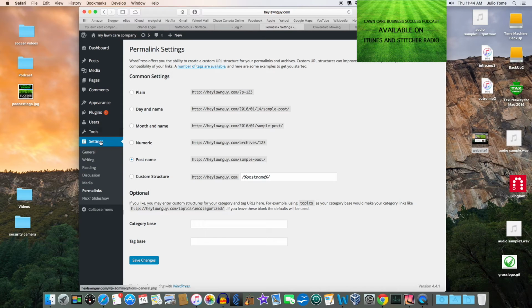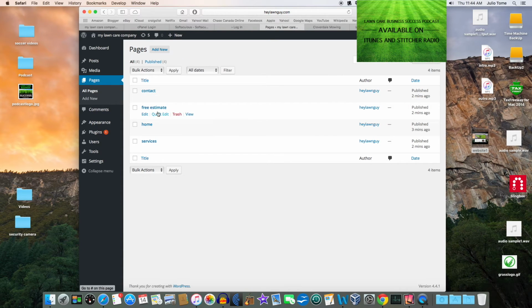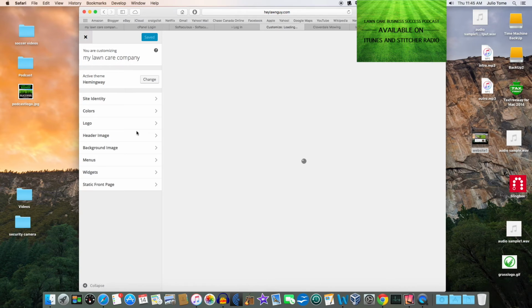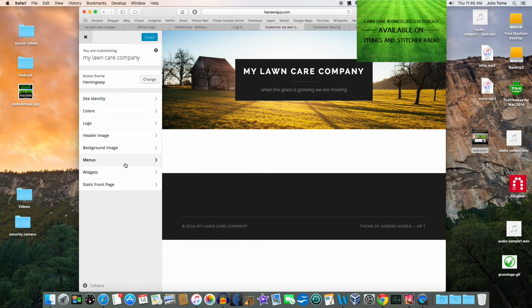So anyways, back to creating menus. If we go to our pages now, click here, you can see the pages that you've created, that are going to act as the basis of your menu items. So now if we go back to appearance and go back to customize, it takes us back to that customize page, and we can go now to menus, and you'll notice that a new item has shown up because we've created